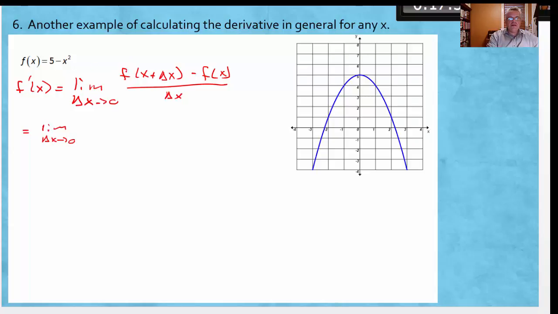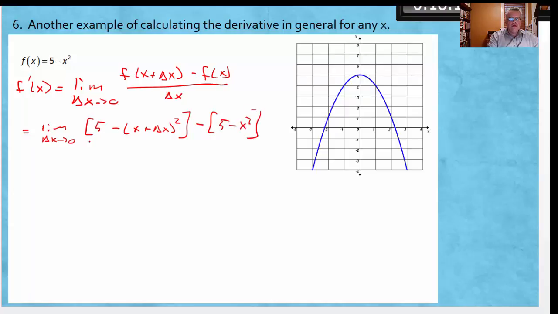Whew, we got to put 5 minus x plus delta x into 5 minus x squared. So here it is. 5 minus x plus delta x squared minus f of x, which is 5 minus x